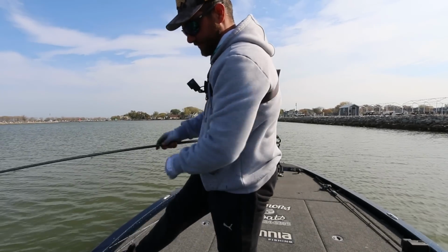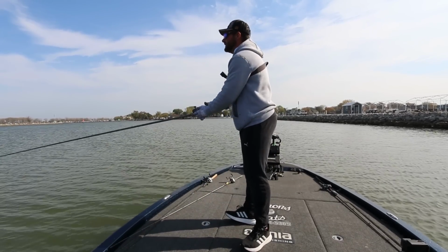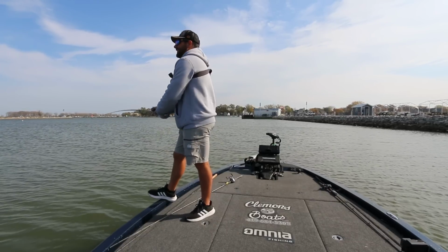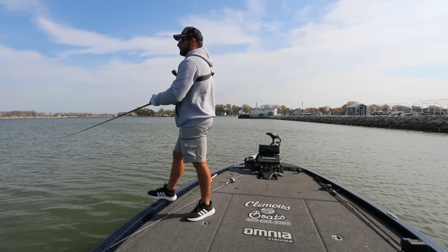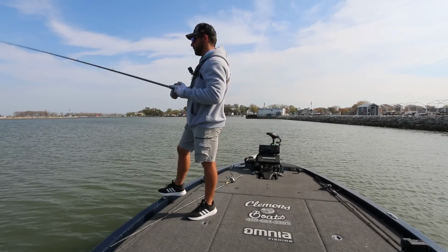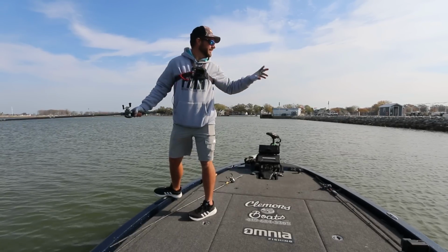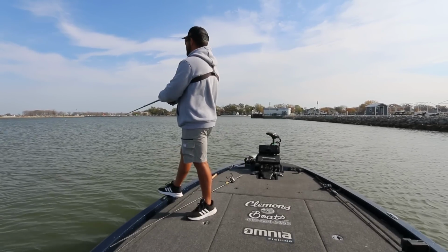I'm telling you what, I have been struggling today to just catch anything, to get bites. Gosh, that feels good, man. I have been really struggling today actually to just catch fish. And the ones that I've caught have been a bunch of those little ones, which, now I'm all trigger happy. They're fun and all, but hey, we want to catch big ones. I really wish I would have caught that real big one that I lost, but that's 3 bites now right through here and a bite right there. So that's 4 bites in a really small area. So I guarantee there's more around, but